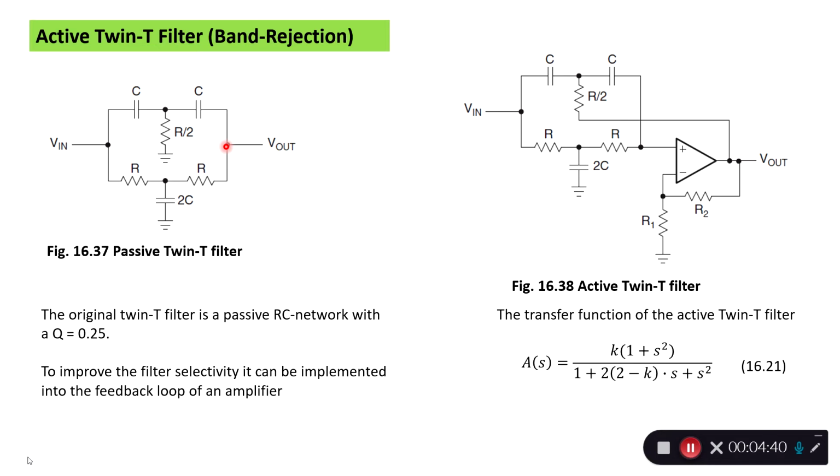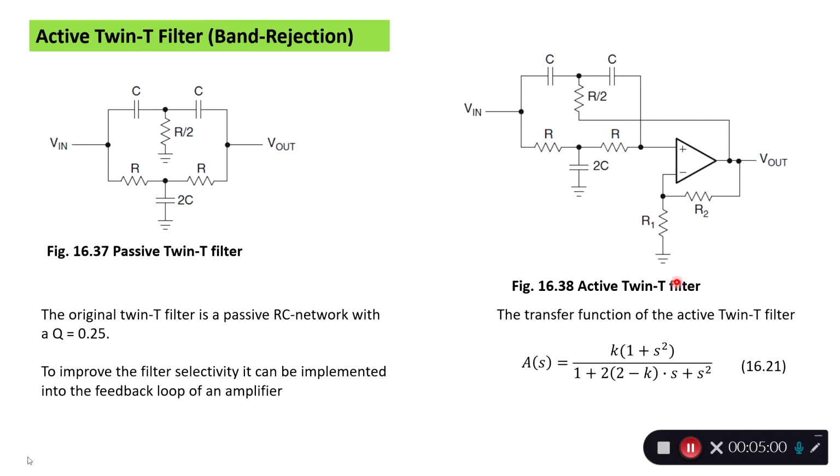And this passive twin T filter normally has a Q of 0.25, so it's not very selective, but we can actually increase the selectivity of this passive twin T filter